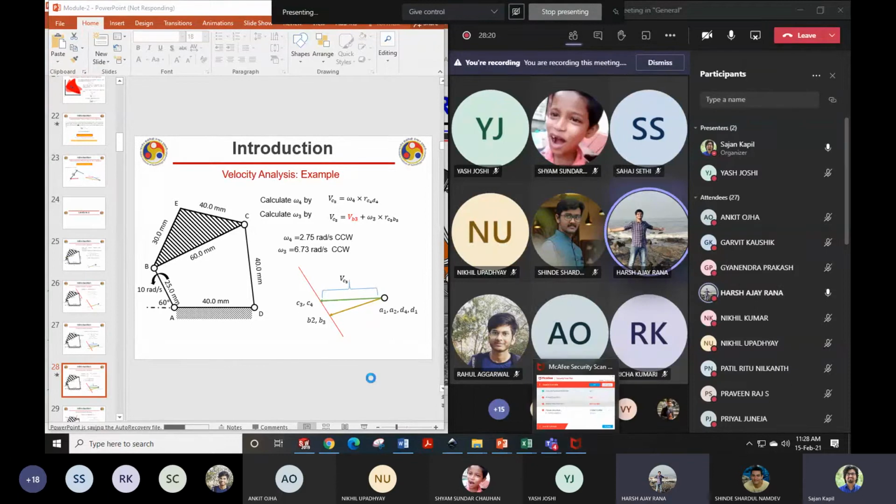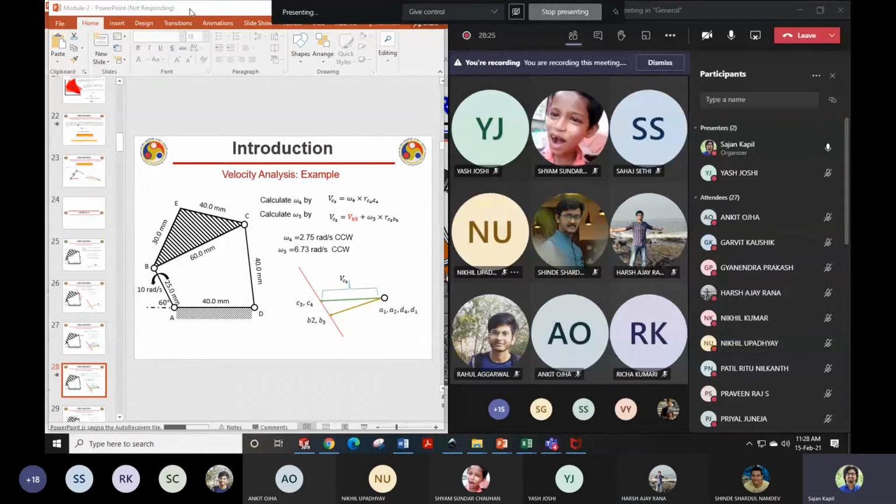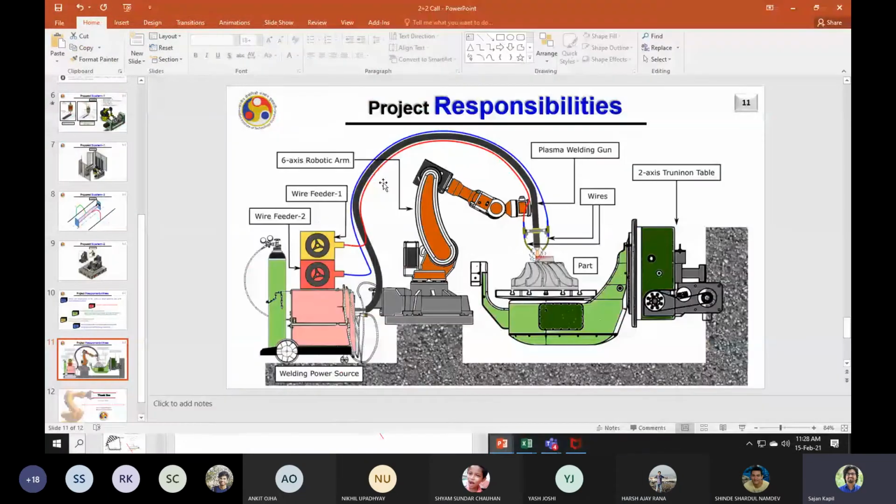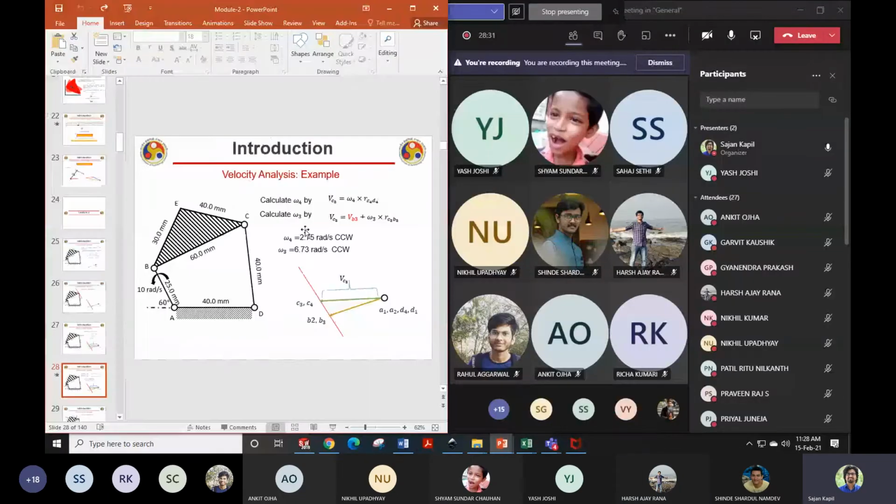Sir, can we see the velocity triangle and identify? Yes, that is the way, because you have everything right now. Why guess? Why assume that this must be going that way? Harsh, can you explain to us? Yes, sir. If we see the velocity triangle, we can see the velocity of point C with respect to ground, and also the velocity of point B with respect to C. So if we go from that point, it is in an anti-clockwise direction.